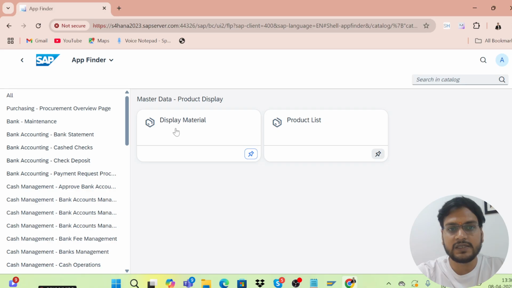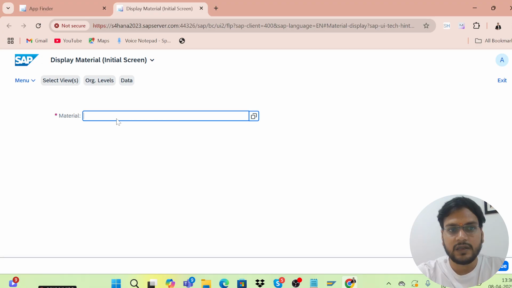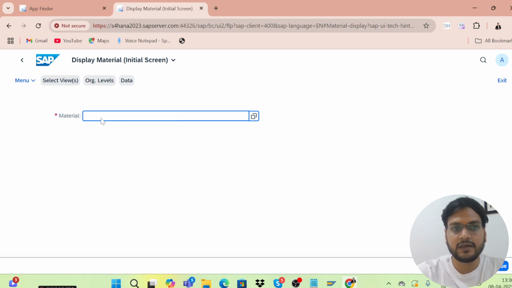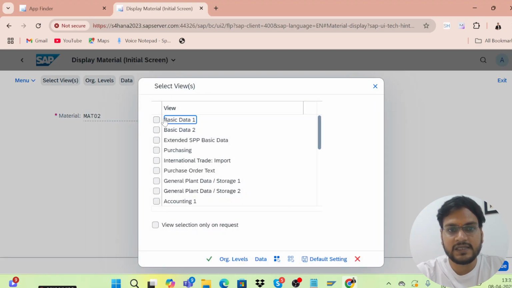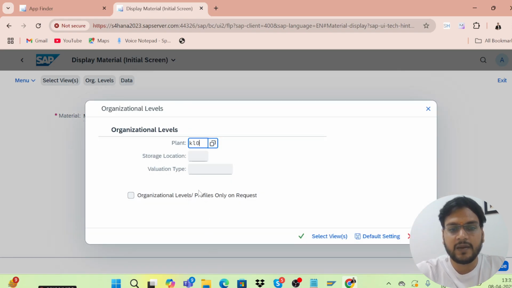So let's suppose I just want to use this tile, display material. So I will just go to that, and I can see that material, like MM03 is a T code that we have seen to display material. But if I want to see with the help of this tile, that also I can do. I will just give my material number here, and I will continue to that, and I can see like views are coming here. Let's suppose I just want to see these views: basic data 1, purchasing, accounting 1, general plant data storage 1. I will just mention and I will hit enter, and I will give my plant and storage location here. Okay,